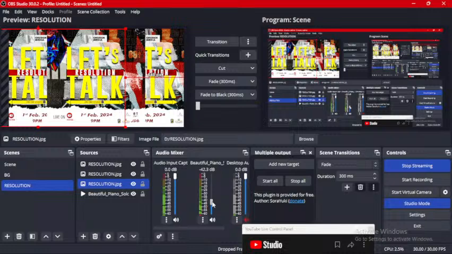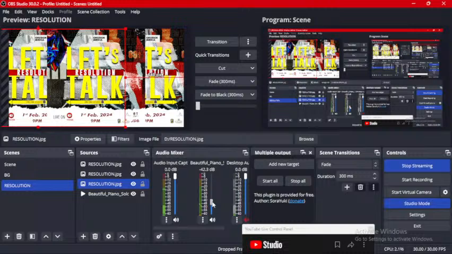So many of us here tonight are familiar with OBS Studio. If you don't know the software, I will recommend getting to know it before you dive into OBS in full, because what we're about to talk about tonight you might not totally understand. If you don't know the software, kindly indicate in the comment section so we can identify you, then we'll come up with content soon to explain the basics of OBS. So let's dive in. What is OBS Studio?